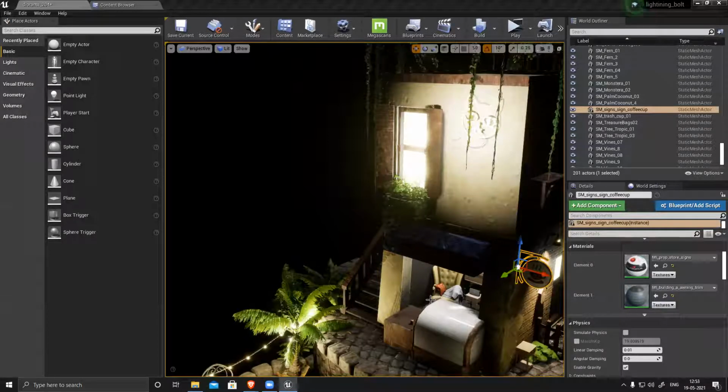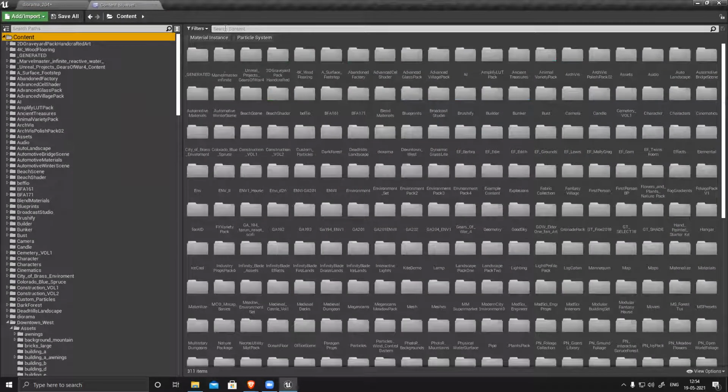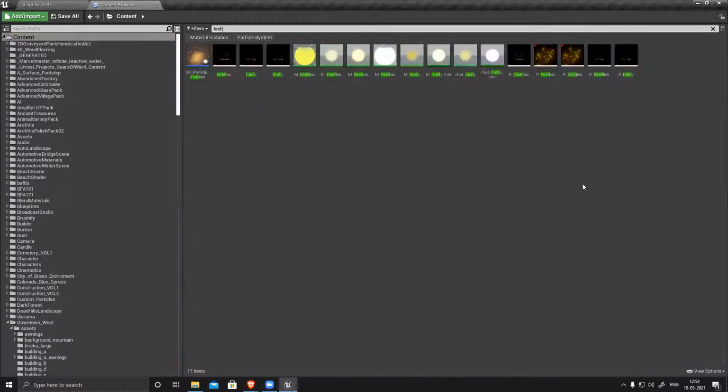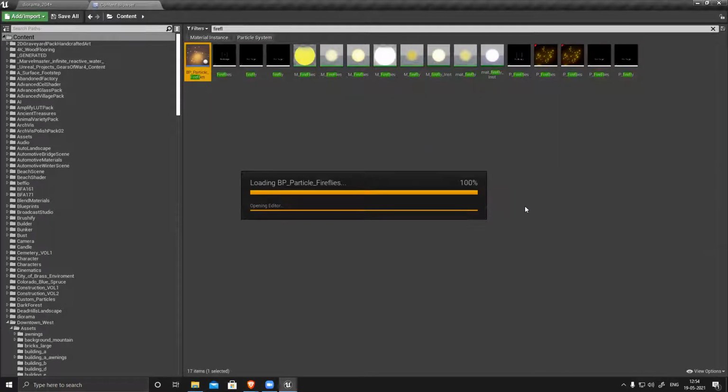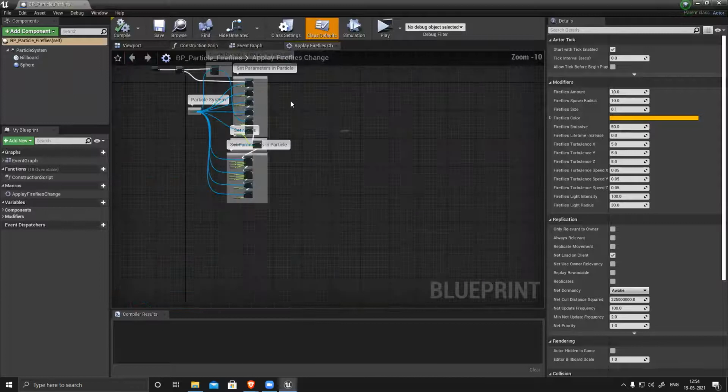I'll show you what a particle system is, this one, Content Firefly. I can create something like this. Like fireflies, you have all these flies, right? So how to create that?